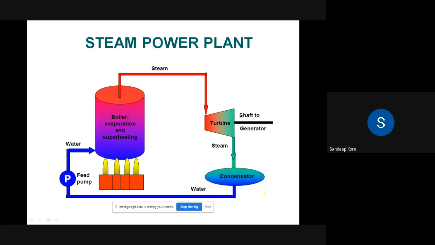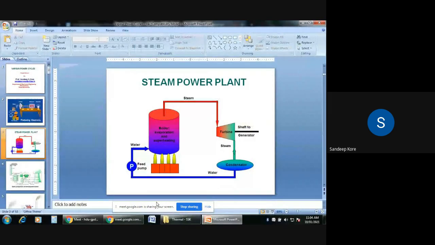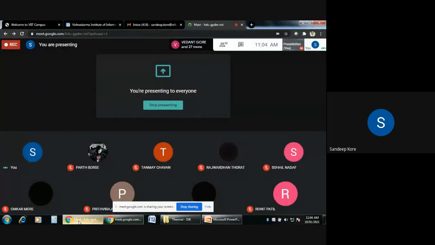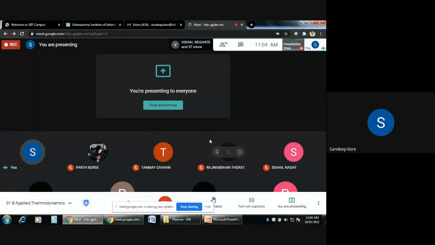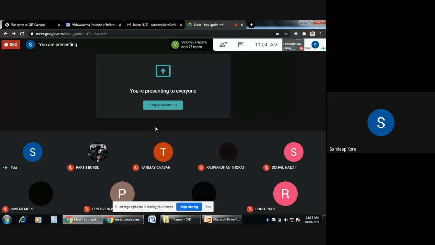Is it clear to all of you which components are involved in the thermal power plant, and which processes are taking place in this thermal power station or in these components? Yes, sir, understood. Now listen here. Whatever is happening with respect to the working medium, we need to represent on the PV diagram. Why PV? Because we should know the change in pressure and change in volume, because work done is equal to PdV or VdP.